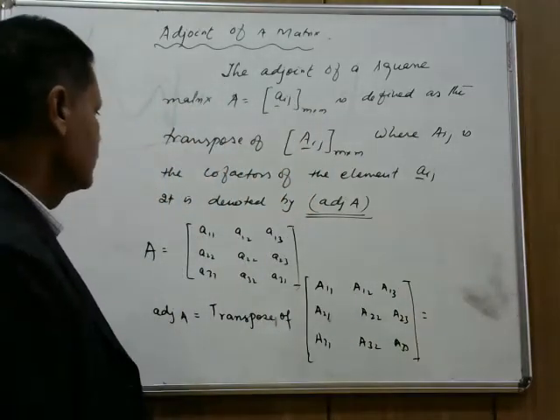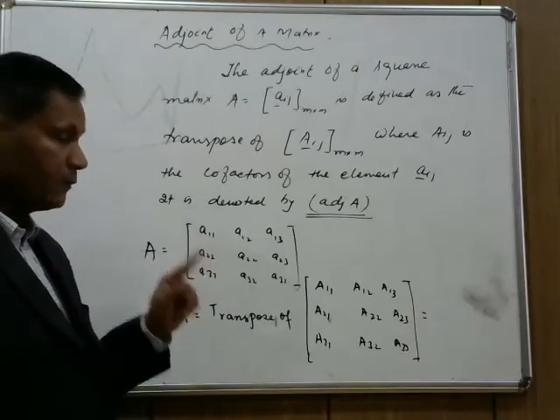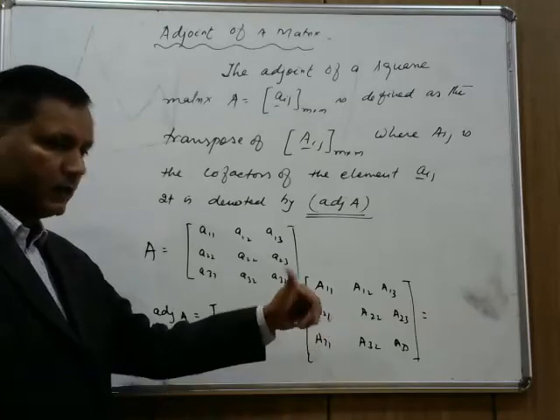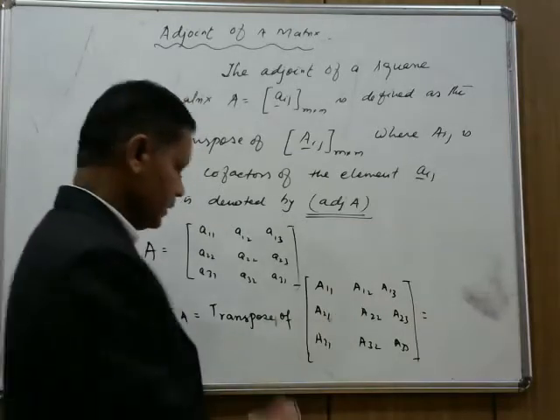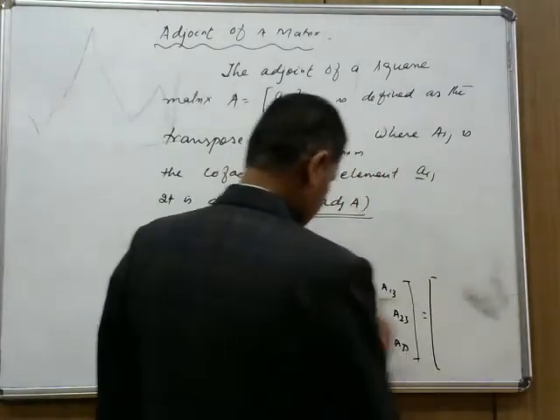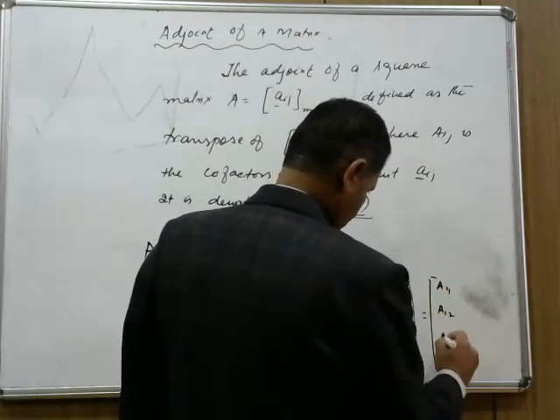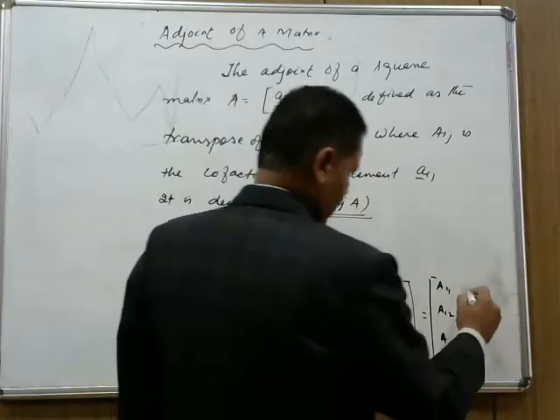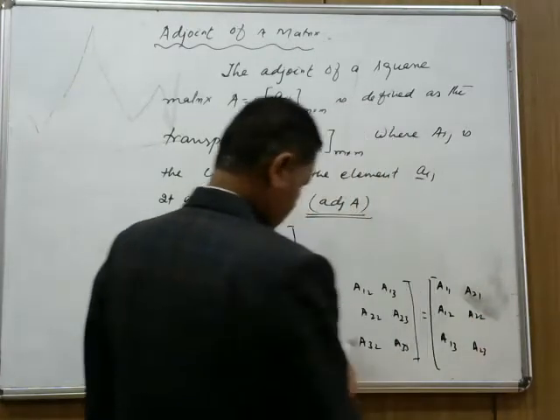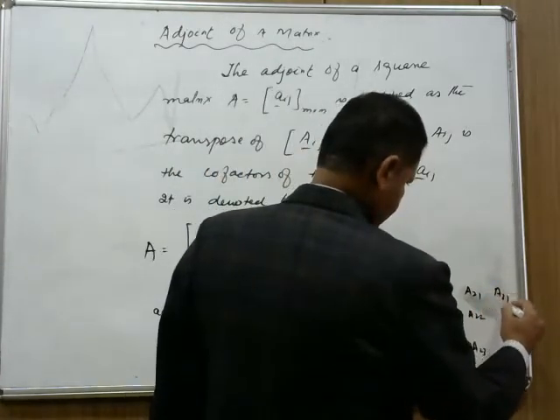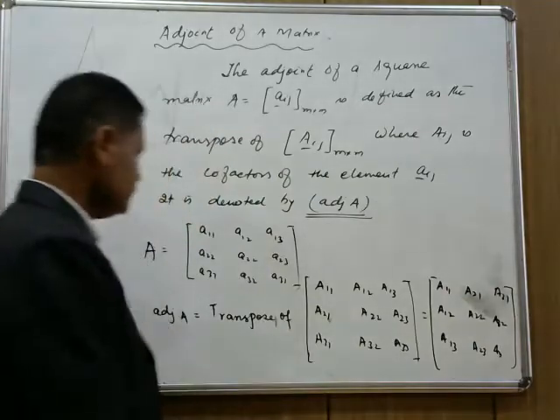That means, first of all, we will find the cofactor for each entry of the given matrix. For that we have to find M11 and then I'll find A11, and just previously I have discussed how to find A11. Now, the transpose of this is equal to what? In the transpose, rows become columns: A11, A21, A31 in the first row, then A12, A22, A32, and A13, A23, A33. That's why we are doing that.